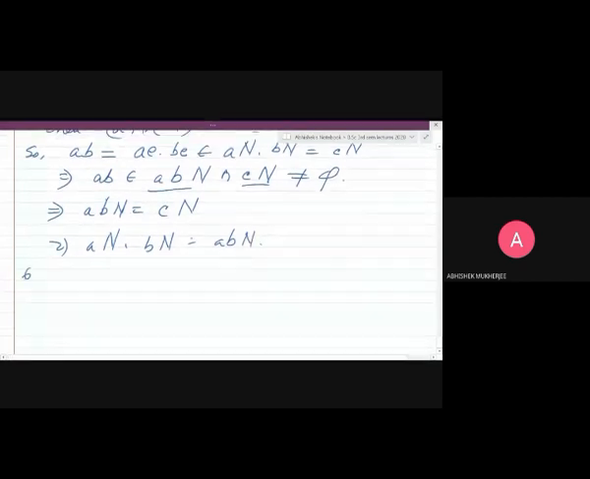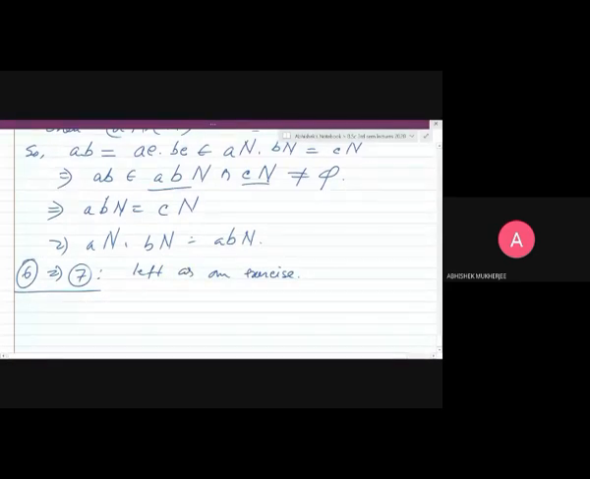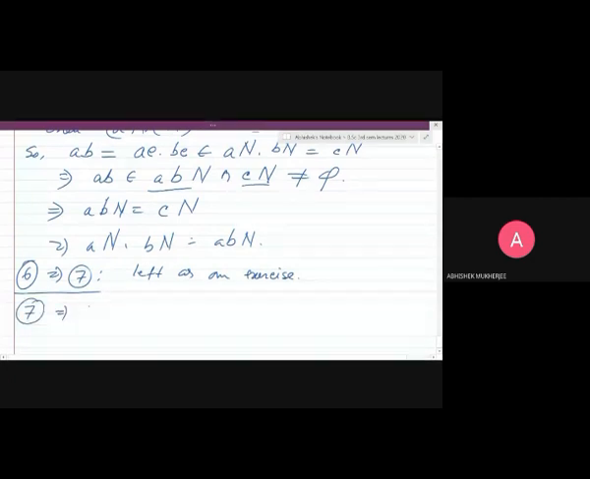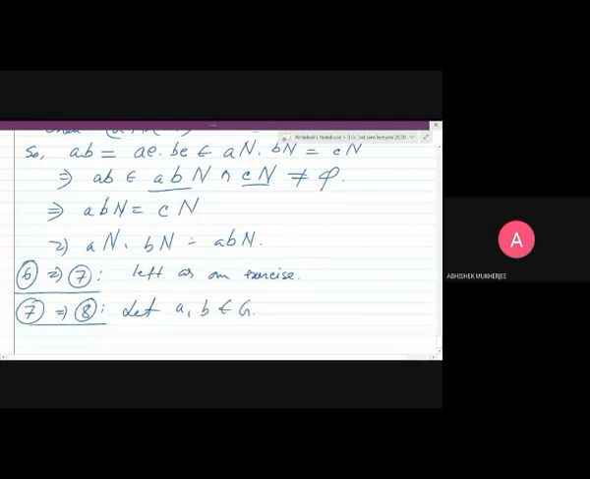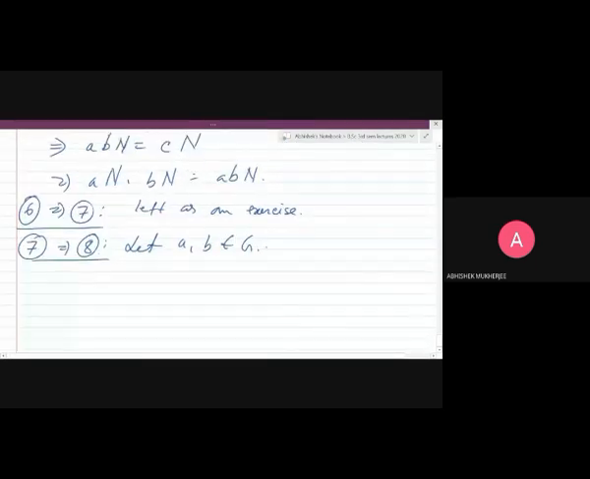Now I would like to leave 6 implies 7 as an exercise. And 7 implies 8. So let A and B be two elements, and suppose that